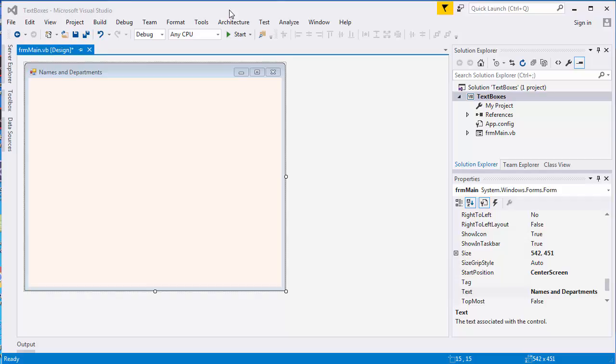This is Rusty. In this tutorial, we will learn how to use text boxes in Visual Basic. Now, I've already created the basic project. I just have a form named FRM main. I've set the start position to center screen, kind of did a seashell background, and then I went in because,